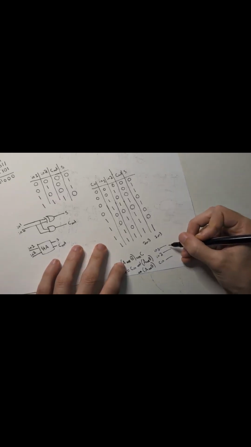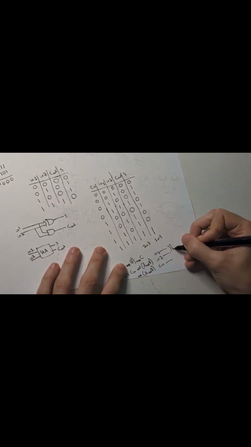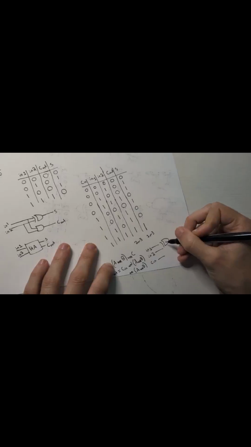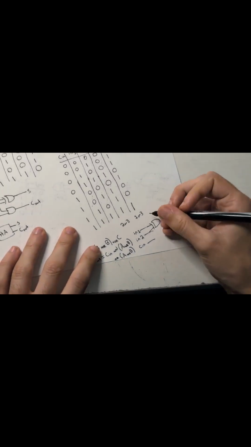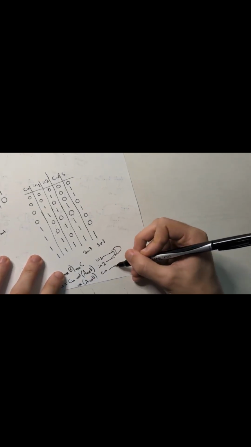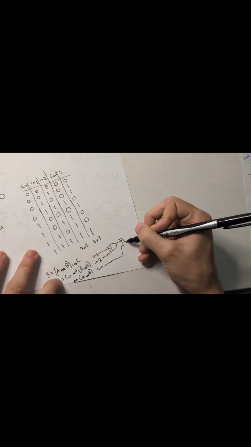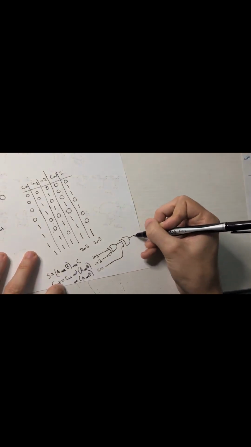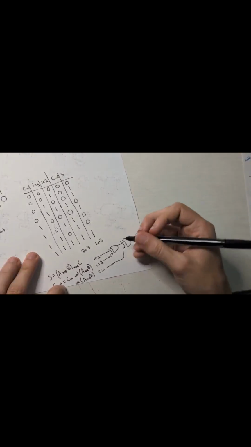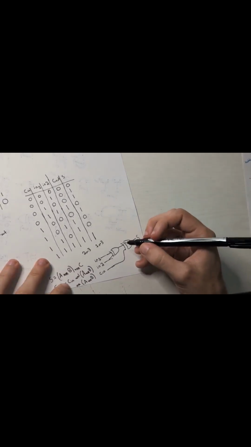is we're going to wire these to an XOR, like this. And then we're going to wire C in with another XOR. And then this is our sum. And then we're going to wire